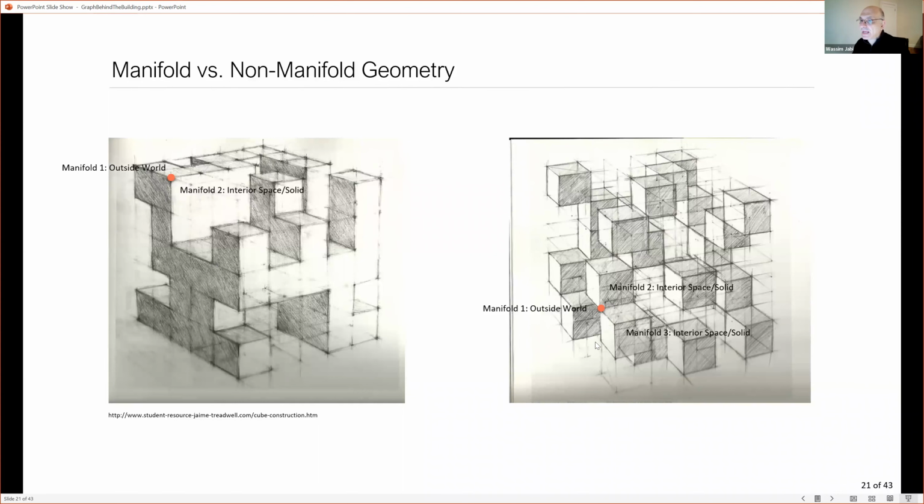But if you look at this red dot here on the right side, you will notice that it sits on the boundary between three manifolds. Let's assume this is one object, right? Not multiple cubes, somehow a set, but actually one object. And those three manifolds are the interior of one of the cells above it, one of the cells below it, that's the second manifold, and the outside world is a third. So you can have n manifolds, right? And that is called a non-manifold.